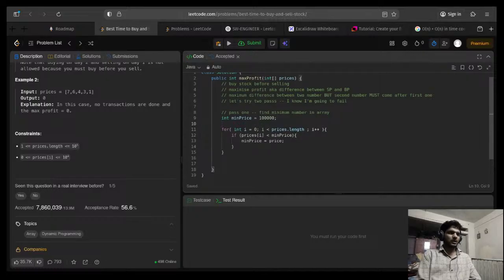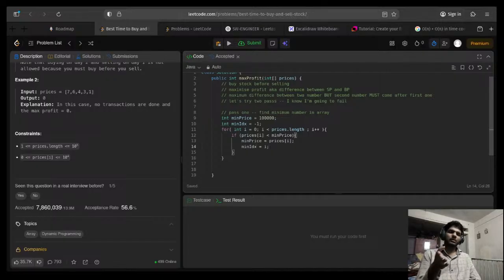You also need int min index, which is going to be -1 for starters, and then here you just store the prices of I. It should be min index equal to,